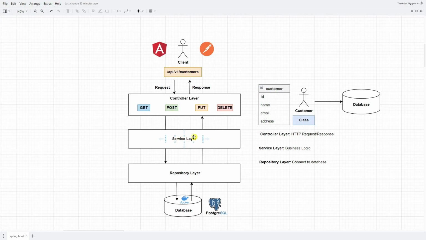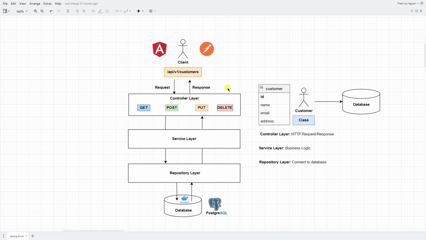And if this layer requires getting or modifying some data, then it should also talk to the repository layer for data access. And overall, the client sends the request to our API, then it goes to the service, then the repository, and then to the database and returns the result back to the client. And you can see the client sends the request to our application like a life cycle in here.